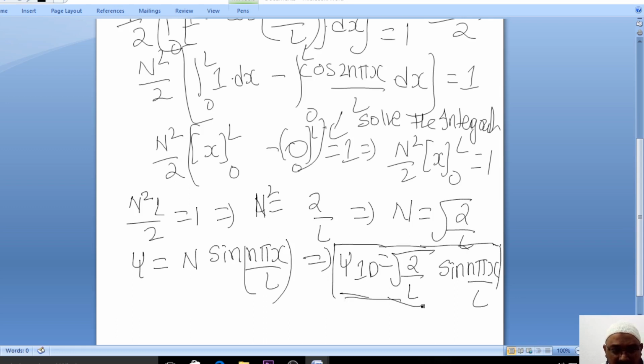So by this we can say that there exists a particle in a potential box, and that particle is possessing energy, and we evaluated that energy, and those are nothing but the eigen values. And we have also evaluated the wave function, which in one dimension looks like psi of 1d is equal to root of 2 by L sine n pi x by L. Now this is the end of this application of the Schrodinger time independent equation. So in the examination they will ask you to apply the Schrodinger time independent equation and solve for the particle in a potential box in one dimension, and evaluate the eigen wave function and the eigen value. So psi of 1d here is also known as the eigen wave function.